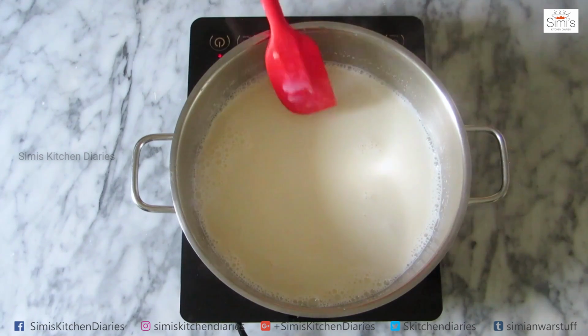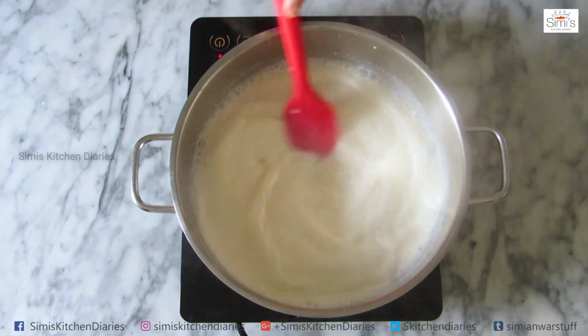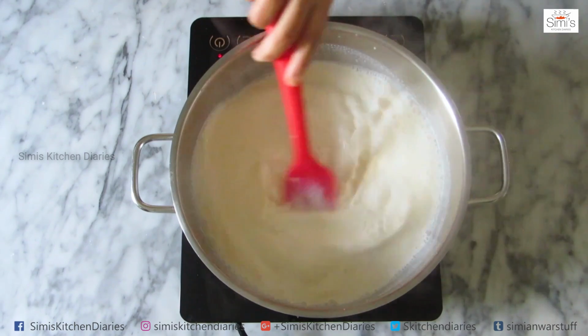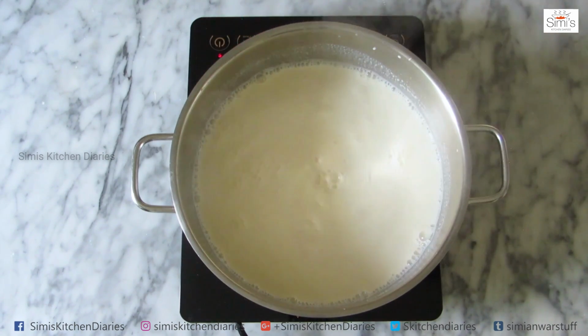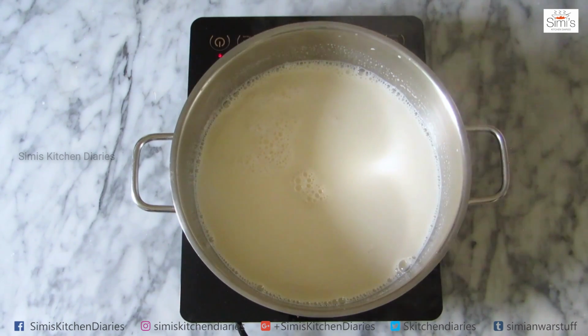Keep the flame on medium high because the milk and the China grass should alternatively boil together so that both have the same temperature while blending with each other. Otherwise the China grass will form lumps and we won't get that creamy texture. So while the agar agar is getting completely melted, milk has reached